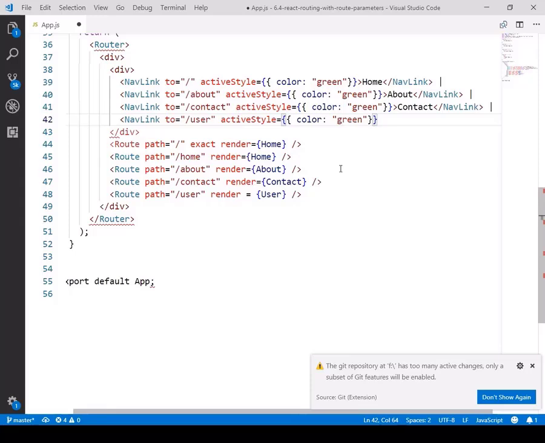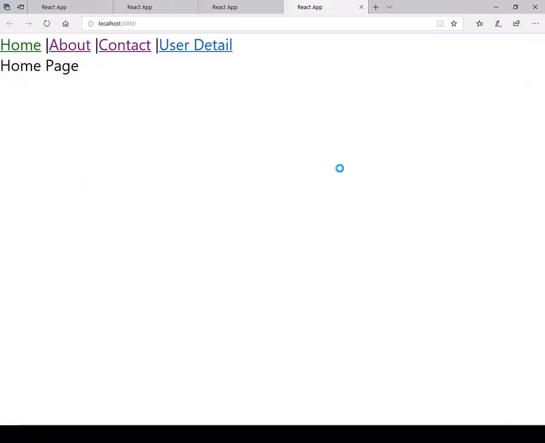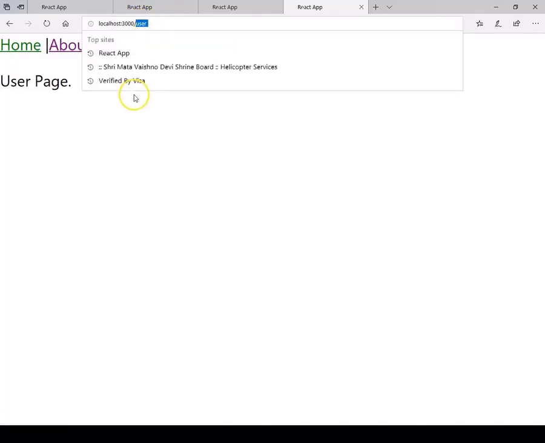You can keep different colors for different navigation as well, and this is a text that appears to the end user. I'll just keep here user detail. So when I navigate, I'm having one more link. When I click over this user detail, I can get this user page, and I'm navigating to the user component.